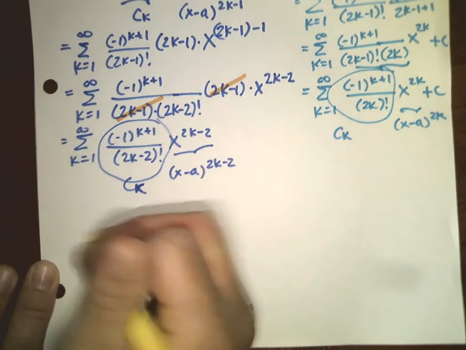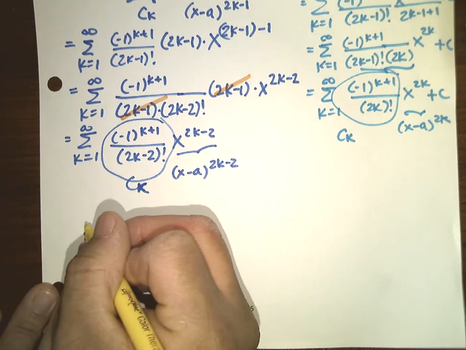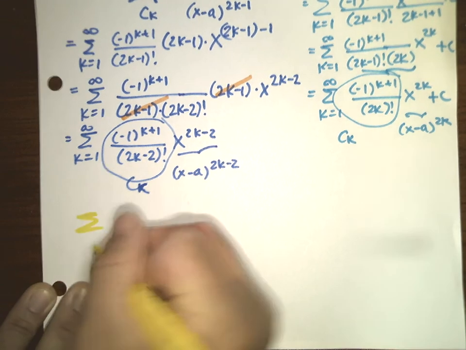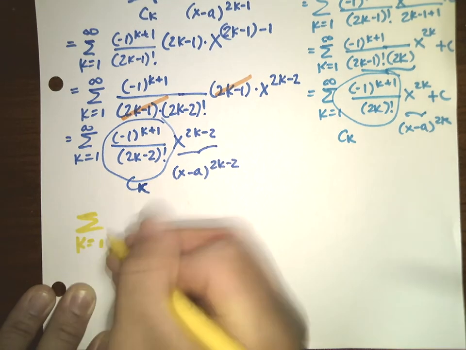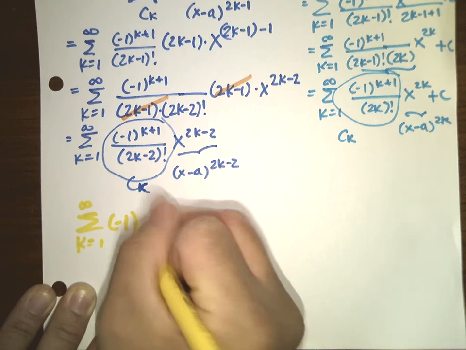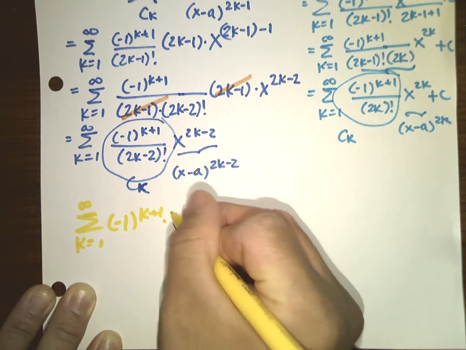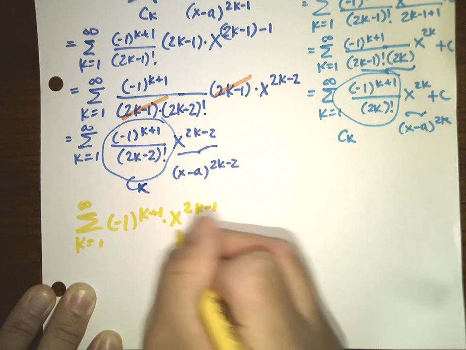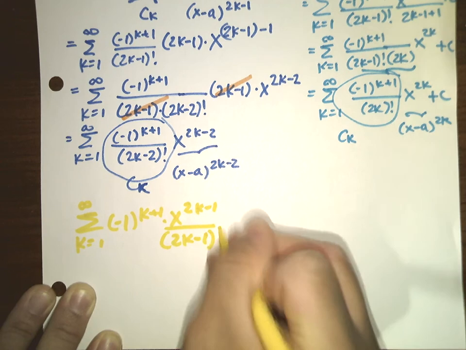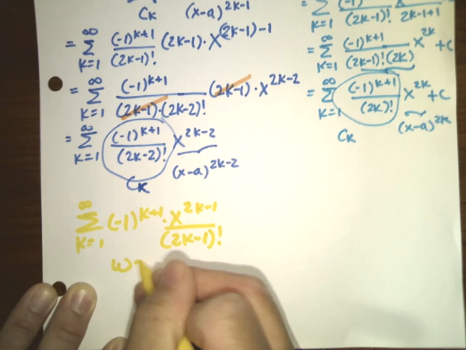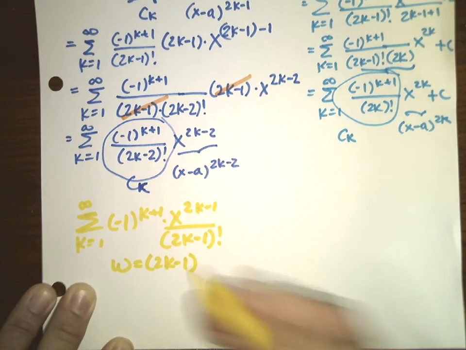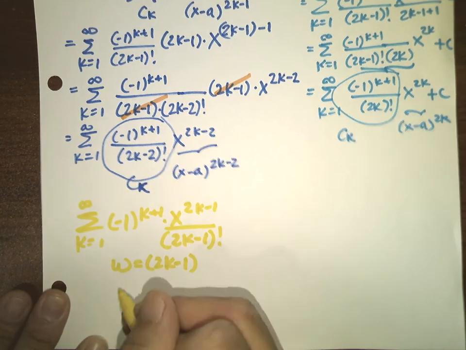So the series was going to be the sum k equals 1 to infinity of (-1)^(k+1) x^(2k-1) over (2k-1) factorial. But if you let w be 2k minus 1, then you have that